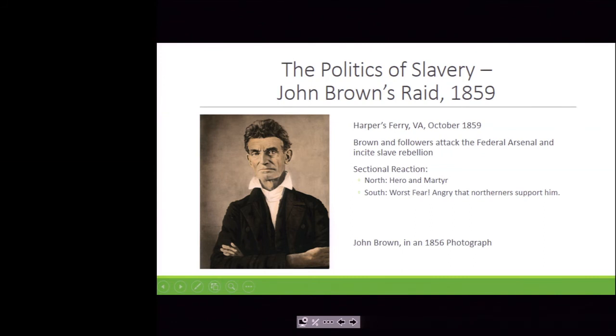So John Brown and his sons and his followers attack the federal arsenal. They seize all the weaponry. They do get that done. But then it all starts to fall apart. John Brown thinks